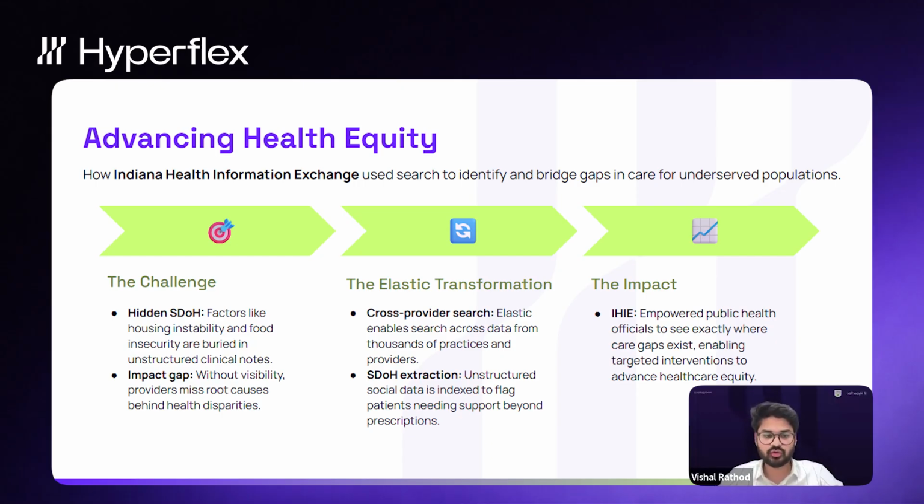While we are working with individual patients, it is difficult to identify the social drivers of health. These hidden SDOHs basically do not come up in any analytics, and if they do not come up in any analytics, there is no solution. So when IEH, Indiana Health Information Exchange, built this centralized solution, they also created it keeping in mind SDOH extraction. And now whenever new public policies come into existence, they take this into consideration.